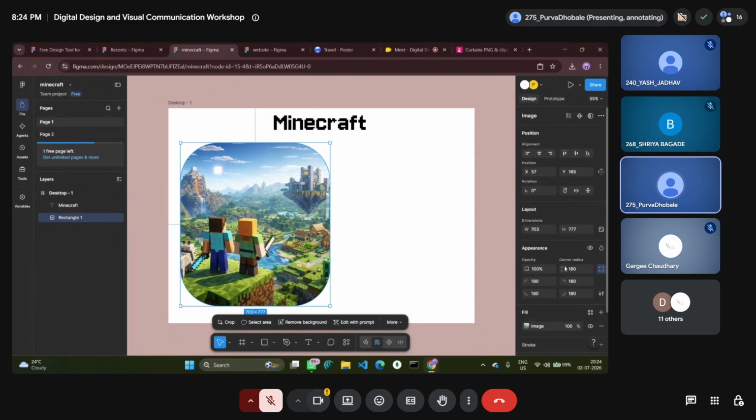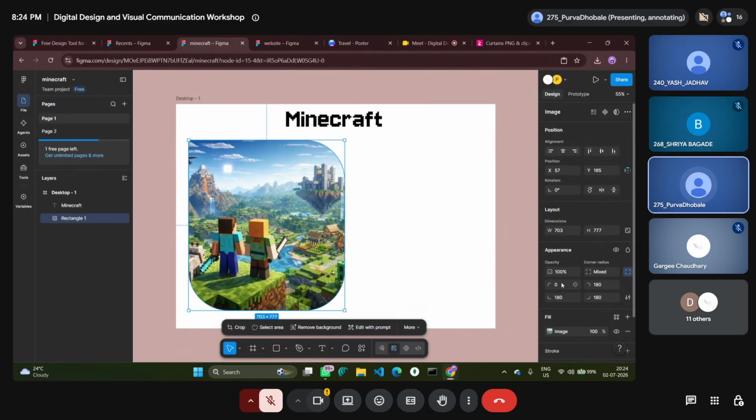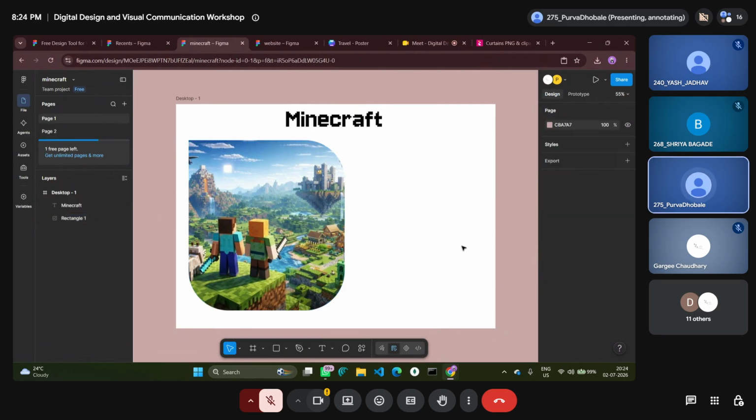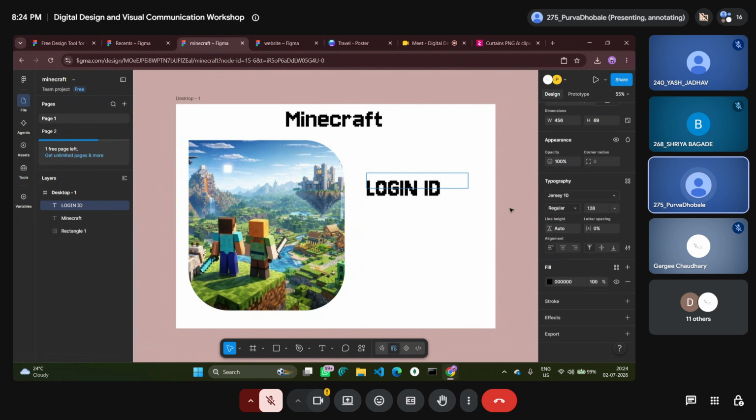Now I want to change it and I don't want all the corners rounded. So I did it in this way. You can do it in any way you want. So we are creating a login page. So we'll add text according to it. Here I'll create a login page. You can edit text here in typography.